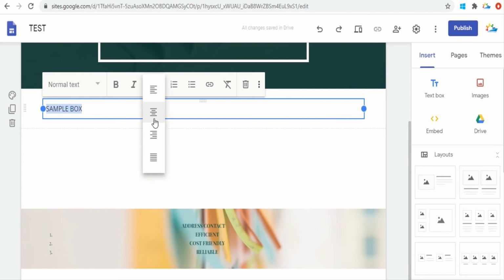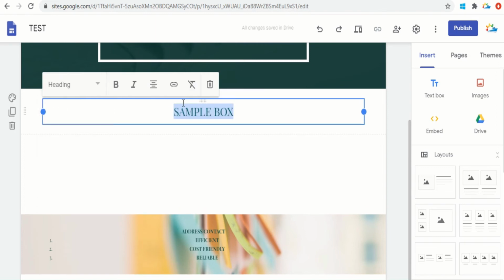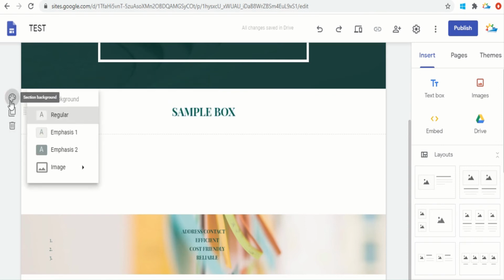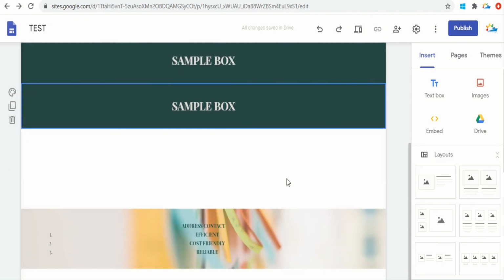First of all, I'll align it, and then I'll say that it's a heading, so the size will increase. I'll keep it bold. I'll change the background to emphasis 2. Emphasis 2 means that the background will be dark. And then I would like to replicate this particular heading again. I don't need to create another text box. I'll just use this duplicate section option.